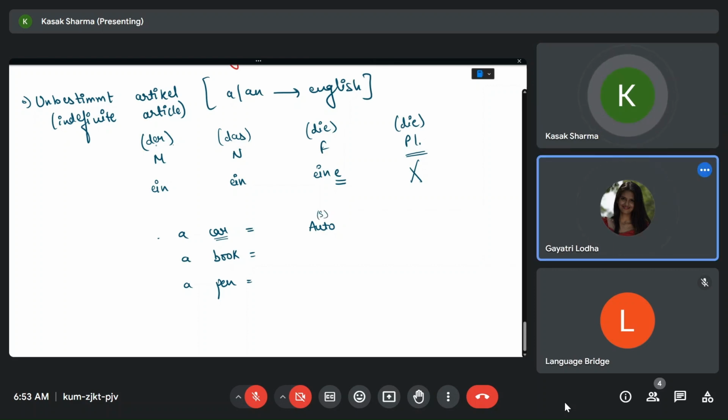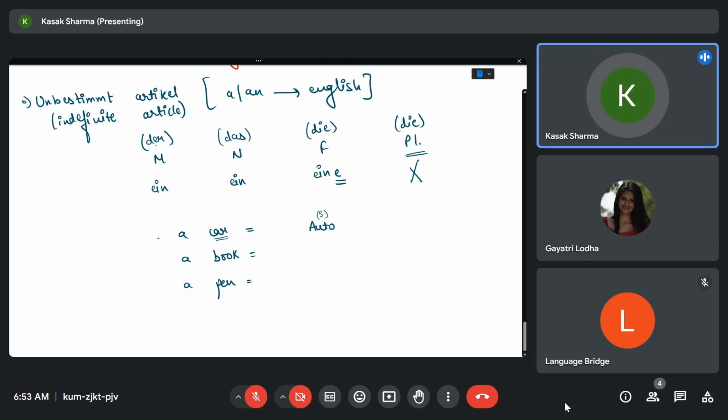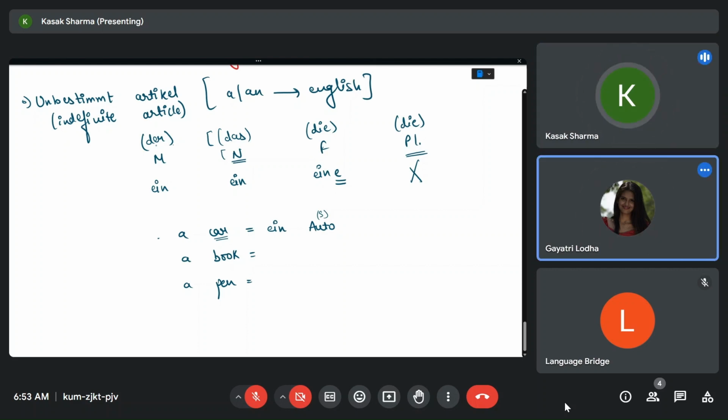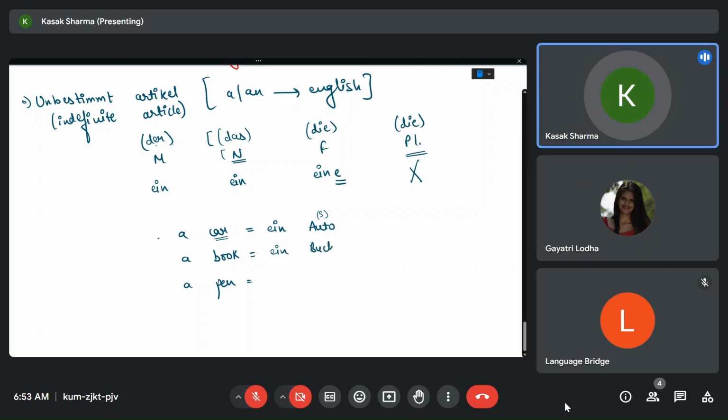If I want to say a car, I will use the neutral one. Why neutral? Because the article of the noun is neutral, the das one. So it will be ein Auto. Now try for book. Eine Buch. Why eine?